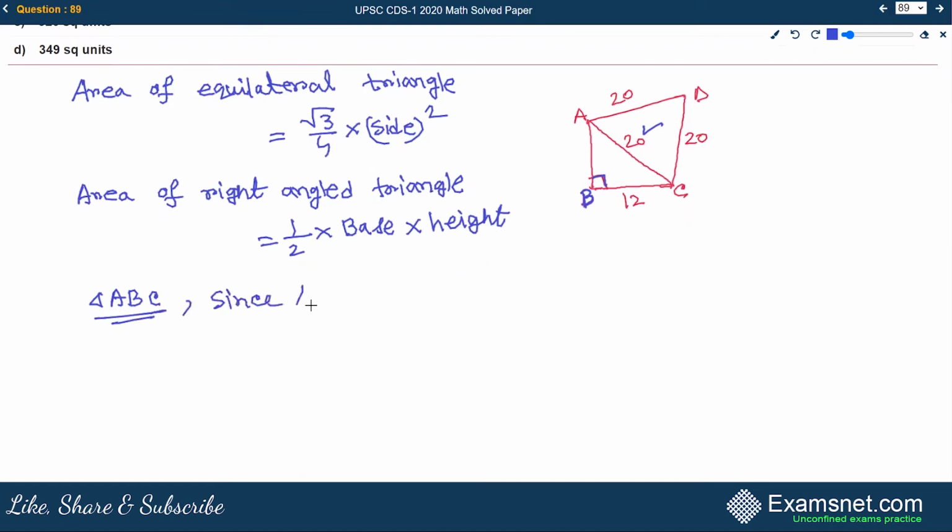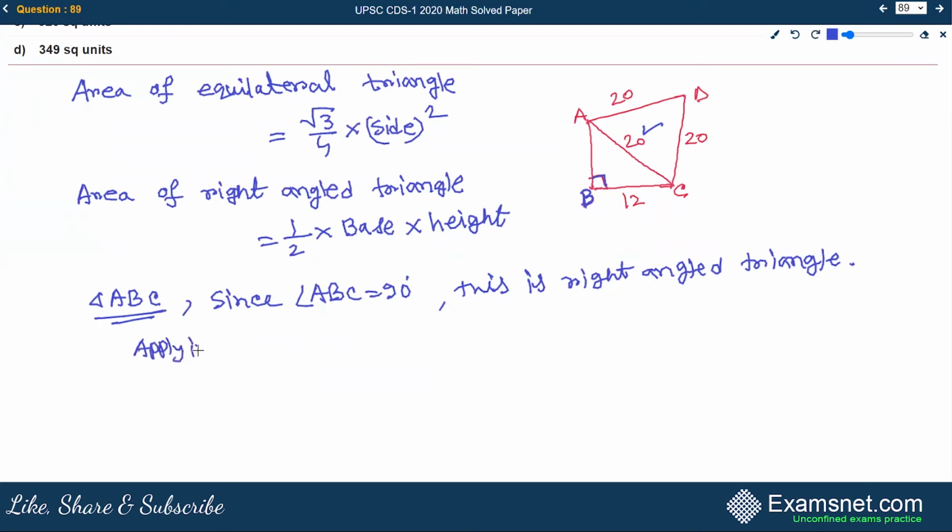Since angle ABC is 90 degrees, this is a right angle triangle. Now here we don't know the value for AB. So we have to first find the value for AB. Now applying Pythagoras theorem,